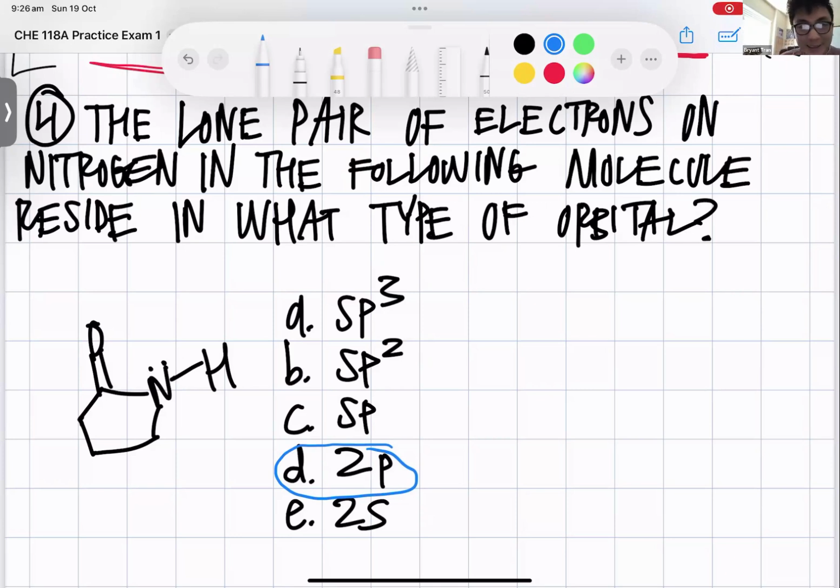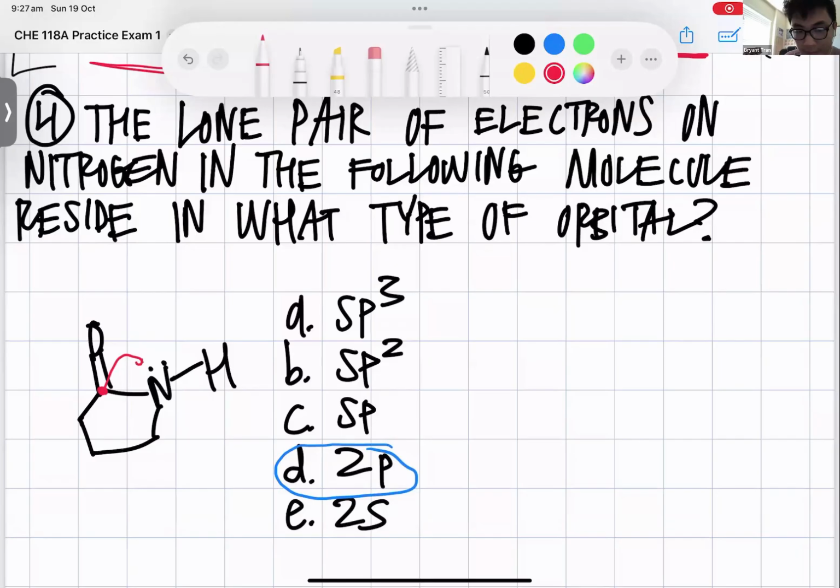I was thinking about nitrogen. Nitrogen is sp2, but the pair of electrons is in a 2p orbital, right? And resonance happens between adjacent p orbitals. There's a p orbital on the carbon next to it as well, to the left. So that pair of electrons can hop onto that p orbital and then move one of the bonds of the double bond onto the oxygen.